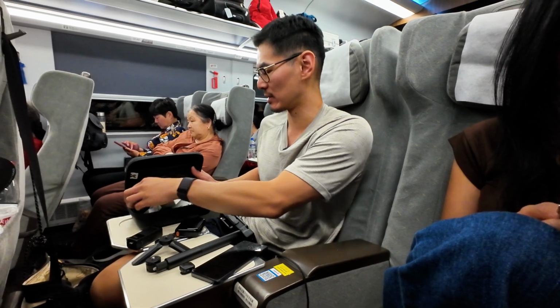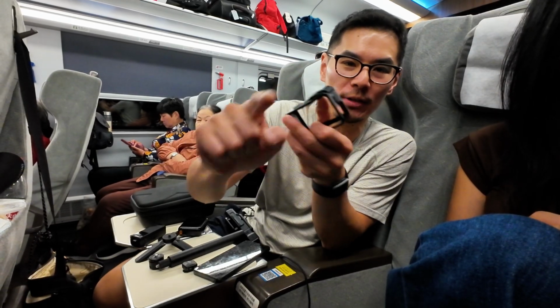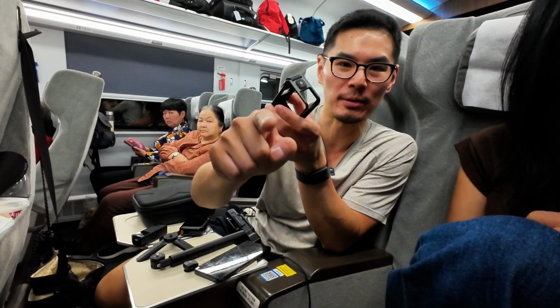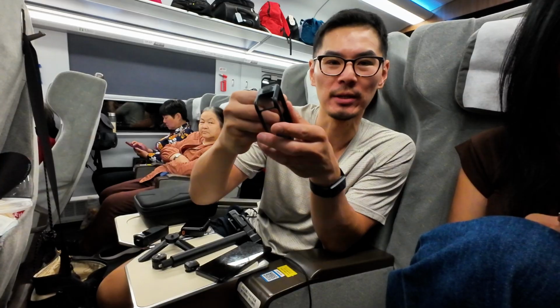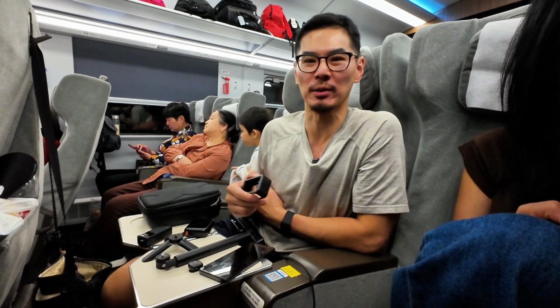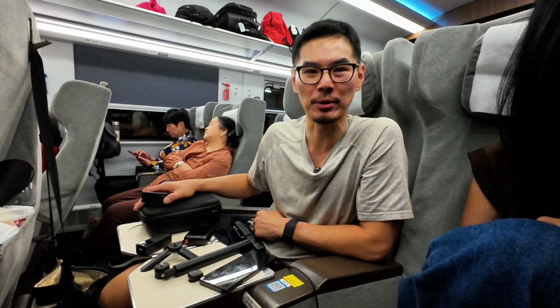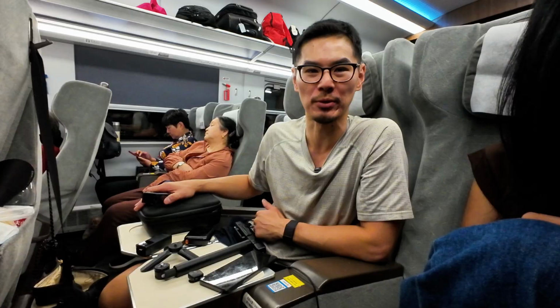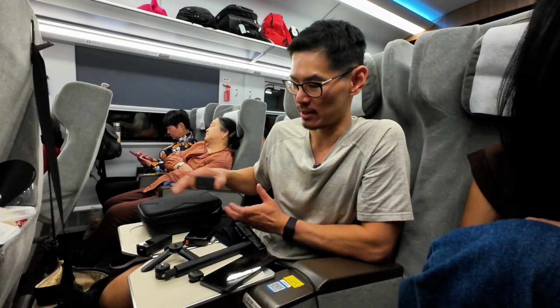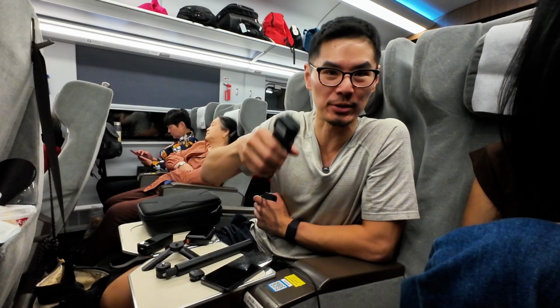So I've got, this is just a clamp for my action camera. So I am filming this on my DJI Action 4 camera. I use my action camera when I'm doing anything dangerous, maybe on a bicycle or snowboarding or going through an airport or something where you can't have the Pocket 3 because it's just too fragile and I only have one hand to shoot, so I'll use the